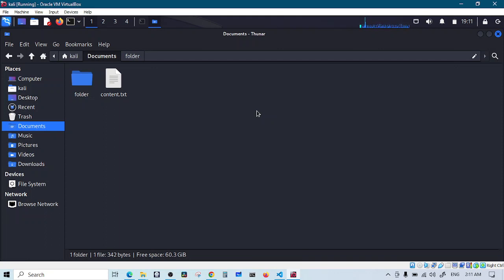All right. And the main difference between the two: a hard link will create a copy. Basically, it will create a copy of the original file because it will have a link to the data itself inside the file. So it will not be pointing to the file itself. It will be pointing to the data inside of it. And as such, if you delete the original file, you will still have it accessible through the hard